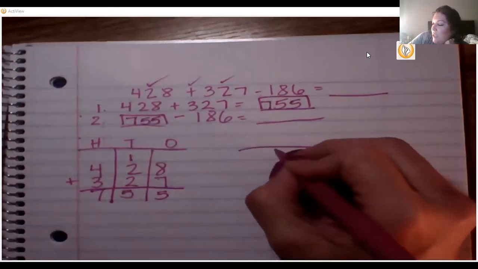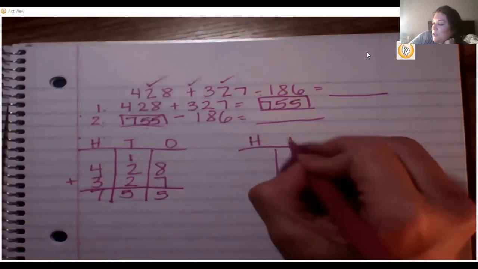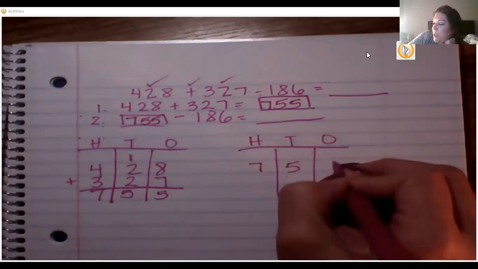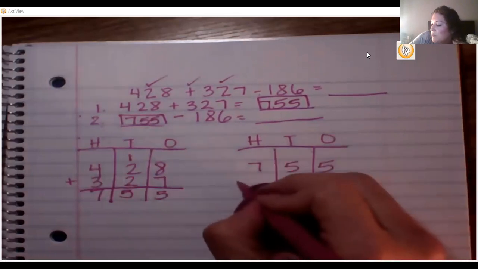I'm going to take away 186. Hundreds, tens, and ones. Skip a line. Set up that problem according to my plan. 755, and I'm going to take away